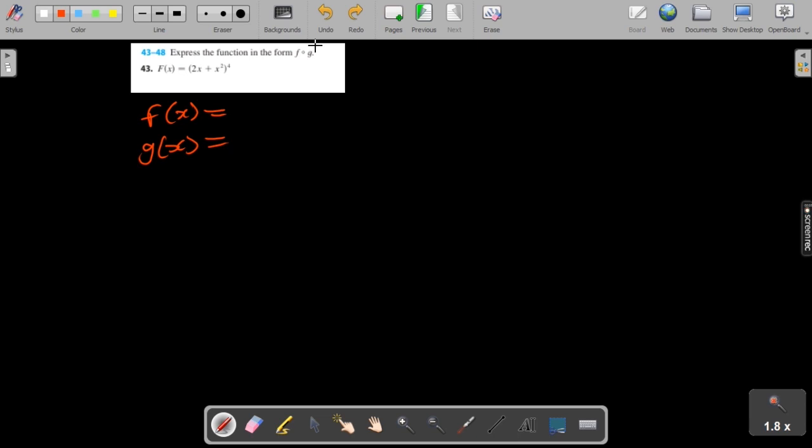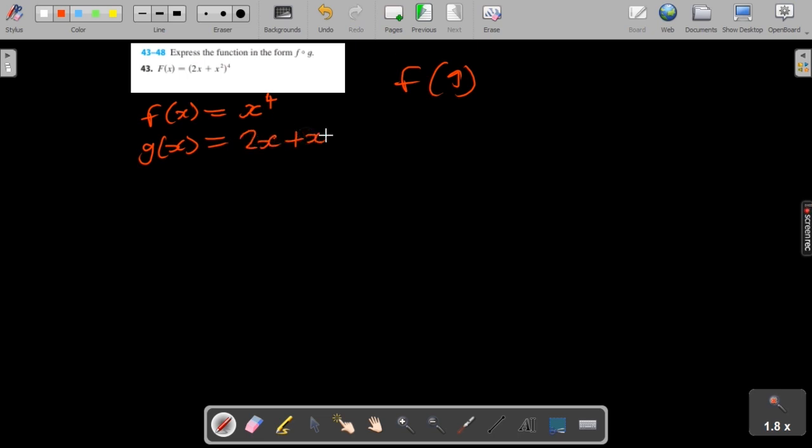So f is the wrapping function, or it's the bigger function outside where you're substituting something into. Now, as you can see, we have a power of 4. That should tell you that you initially had x to the power of 4, because when you substitute a function g into f, you're just going to replace the x that you see with the function. So this is what you initially had, and the function would be what's inside, and our g would just be